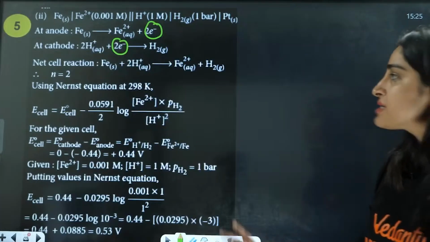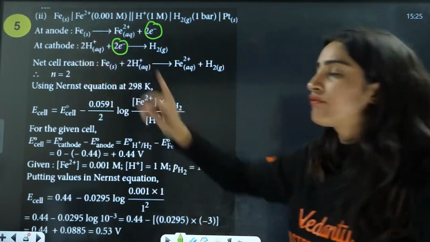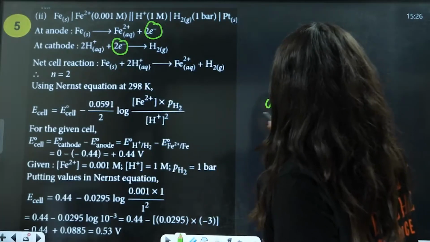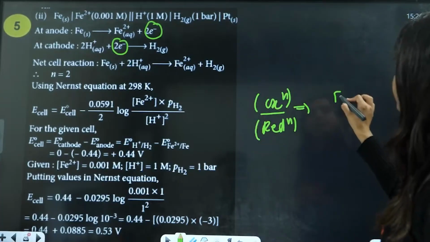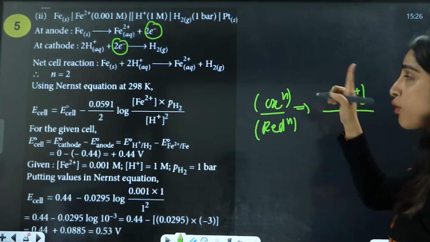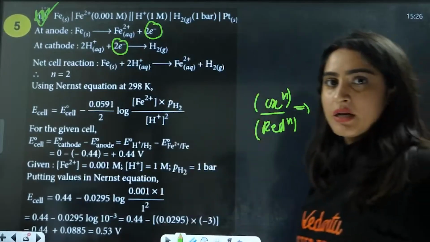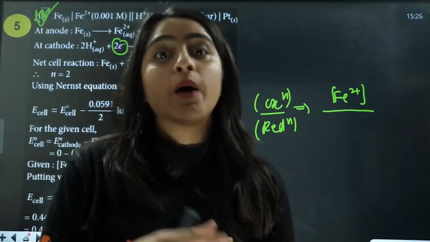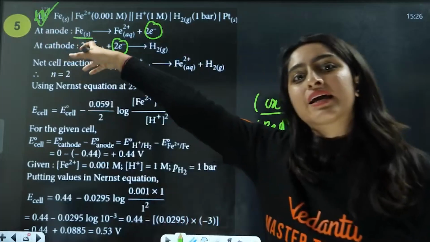Now what is the reduction part, guys? Reduction part is the value of this. Now bacha, very important thing: here you write oxidation by reduction. At oxidation, you have just the Fe2 positive ion. Very important. From equilibrium and active mass we know that we write either the pressure of the gas or the concentration of the liquid. Solid is taken as unity, because this was solid, that is why it is taken as unity.